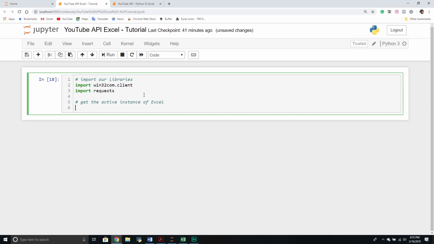Now that we've done that, we're going to get the active instance of Excel. We want to be able to refer to this active instance of Excel later in our script. So we're going to store it in a variable, and then we're going to take that variable and call it later in our code. So we'll call our variable Excel app. And it will be equal to